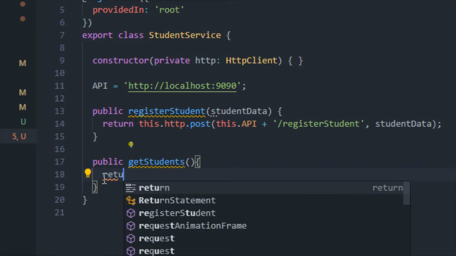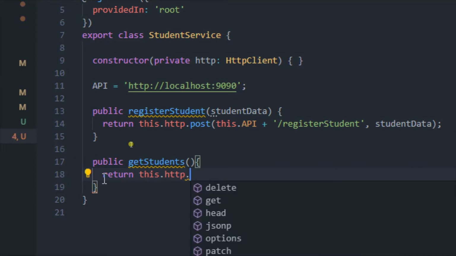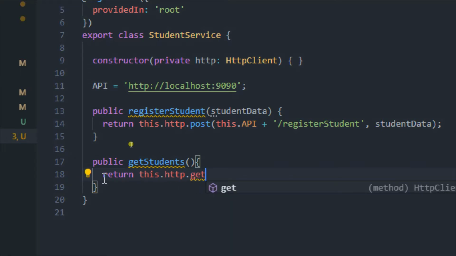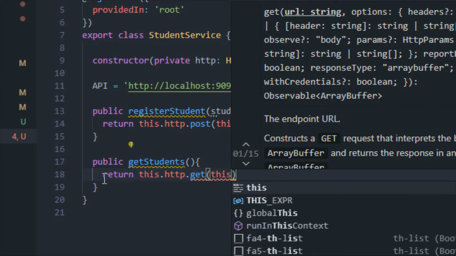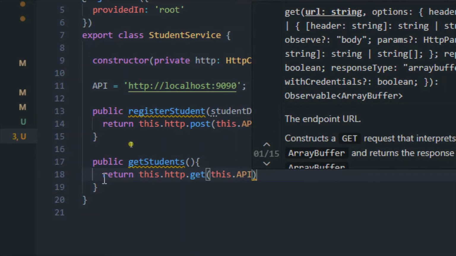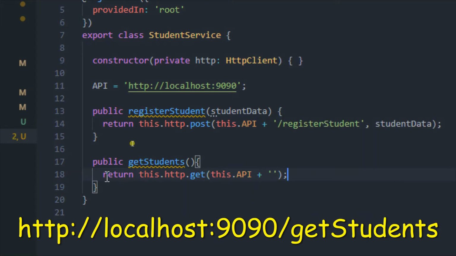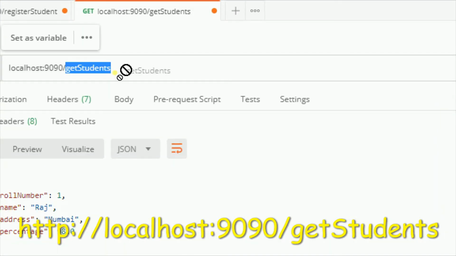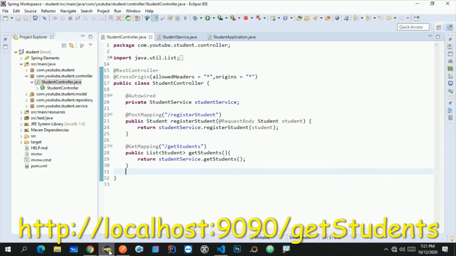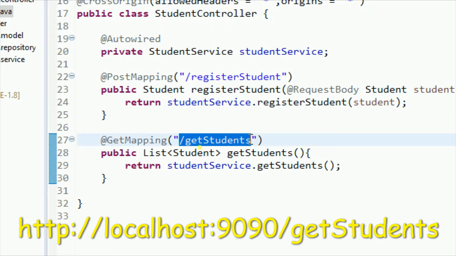So let me return this.http, and the mapping is get mapping, so it will be get. Then it will take the API value, this.API, and then we need to add the REST endpoint path, which is getStudents. Let me copy this. You will find a similar path on the get mapping. The path is /getStudents, and the mapping is GetMapping.